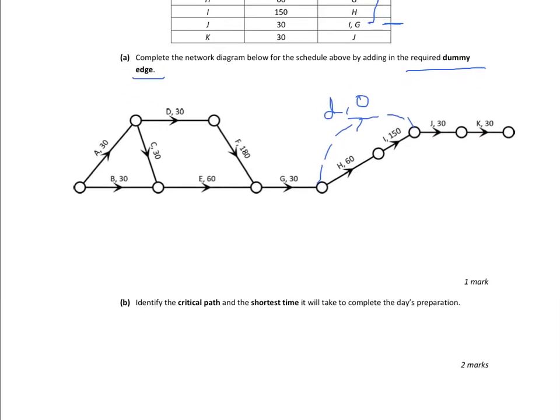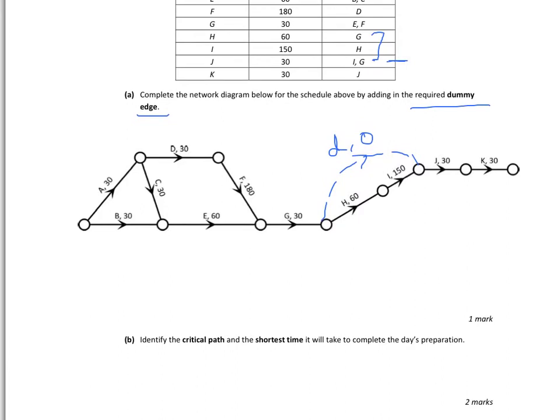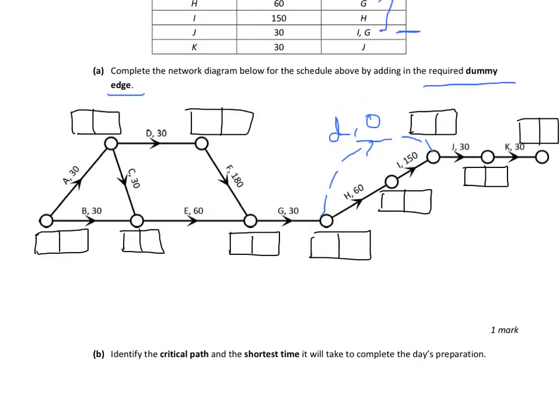Okay, so part B then asks us to identify the critical path and the shortest time it will take to complete the day's preparation. So in order to do that, we need to do our forward and backward scan so we can identify our critical path. Okay, so I've just made that a little bigger and added our boxes so we can start our forward